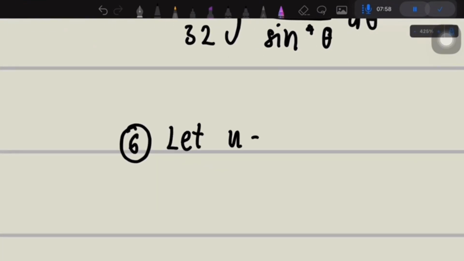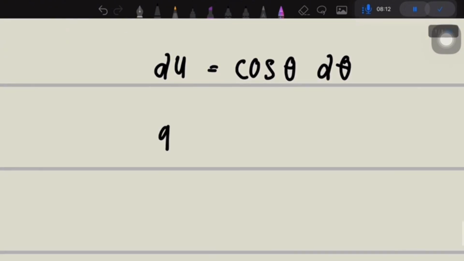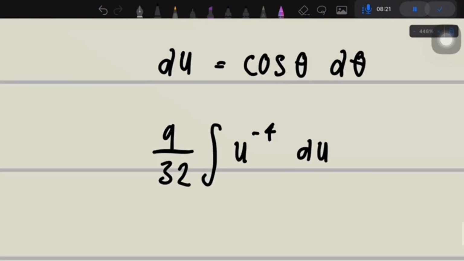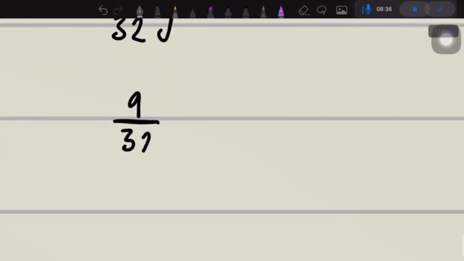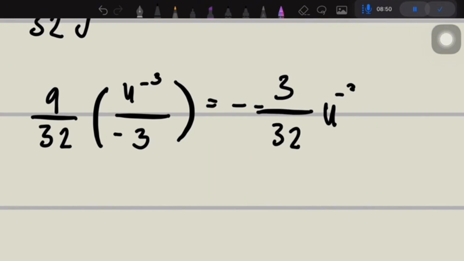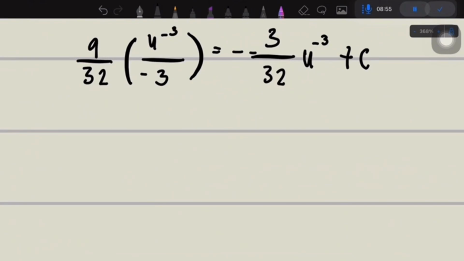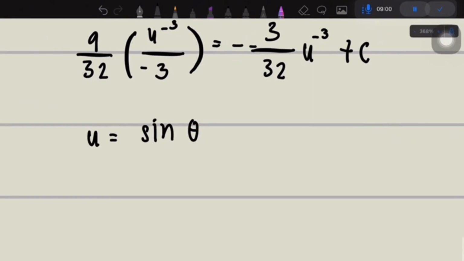Then we differentiate, we get cos theta d theta, and the integral becomes 9 over 32, we substitute this sine with u. Alright, so from here we integrate one by one. u to the negative 3 over negative 3 is equal to negative 3 over 32 u plus c. Alright, and then substitute back u is equal to sine theta,